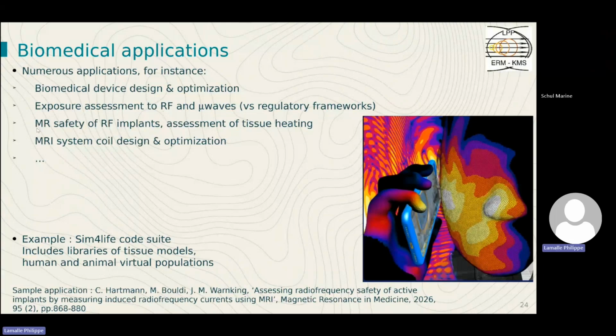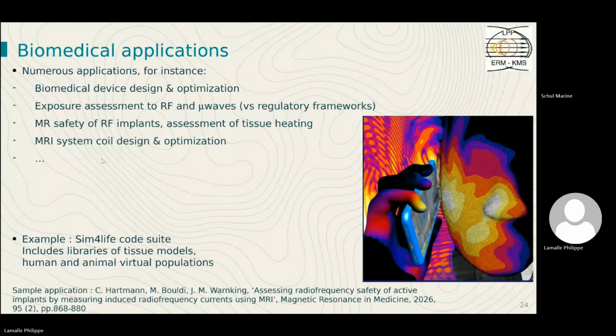This can be used to analyze the safety of radio frequency implants, for instance, when a person undergoes magnetic resonance imaging. These programs allow to assess the heating of tissues. They can also be used in the optimization of the magnetic resonance imaging devices themselves, for instance, to design systems of coils which produce the most smooth possible magnetic field and the best possible RF impulsions that will allow to